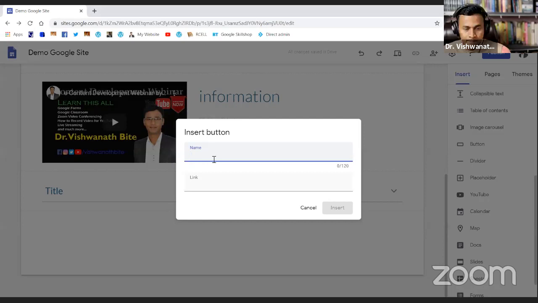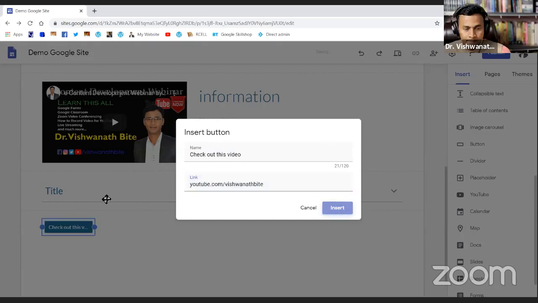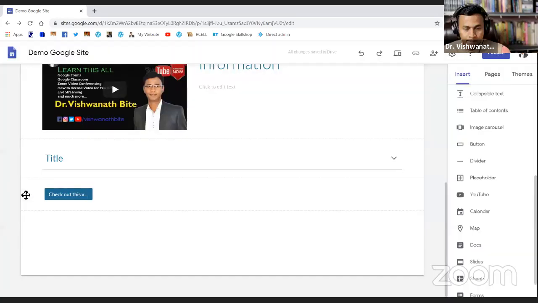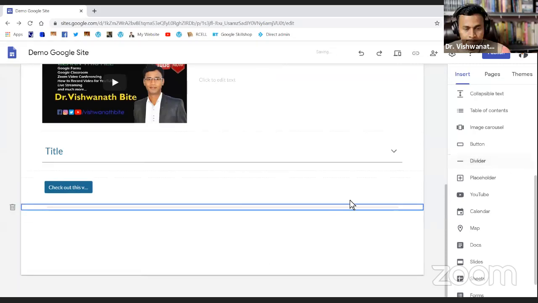Video, and I want to give a link to my video or YouTube, something like that. So just give it, and this button, you can customize this button. You can copy this button, you can duplicate any number of buttons if you want to add some divider in